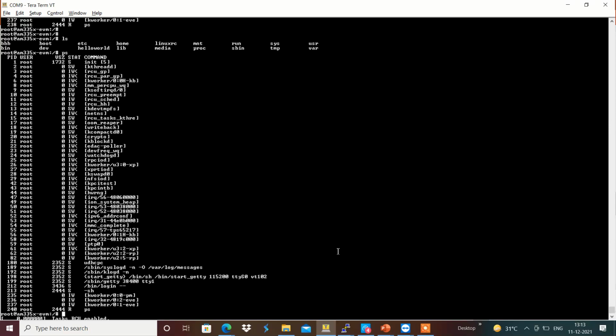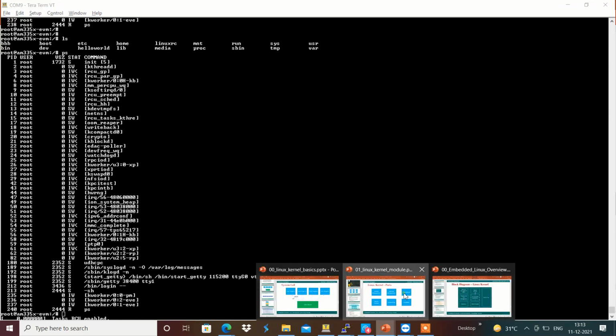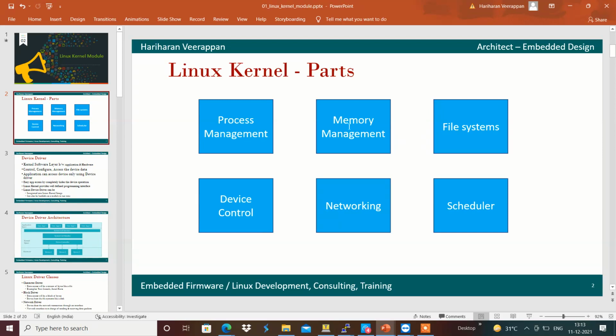Yeah, got it. There will be all the functionalities, something like process management, memory management, file systems, networking and device control. All those features are present within the kernel. It won't run by itself.